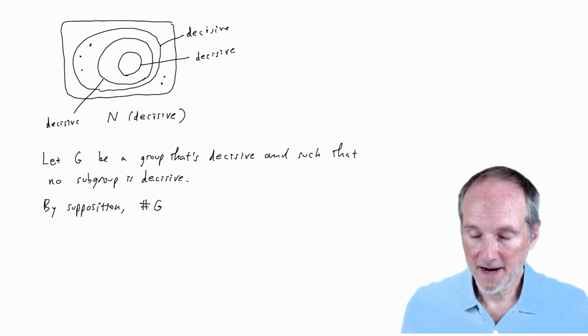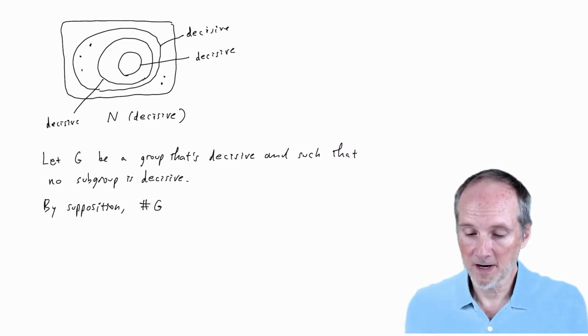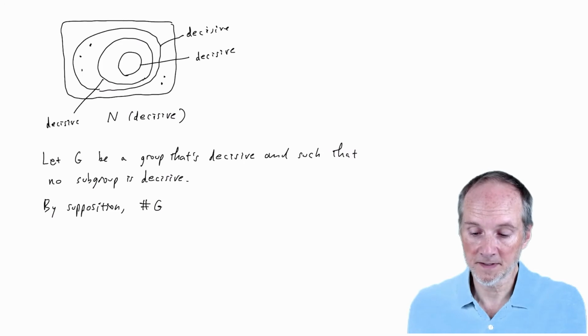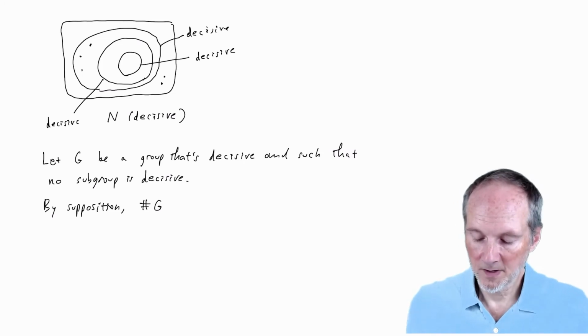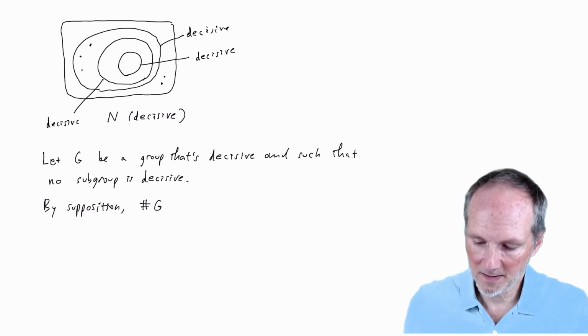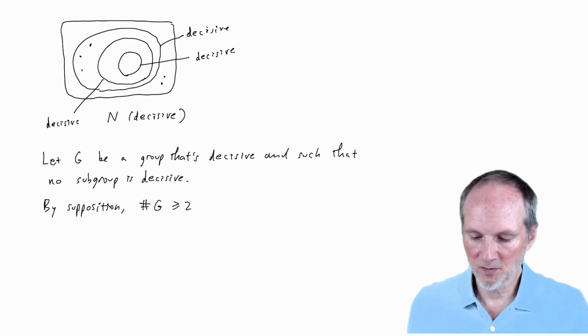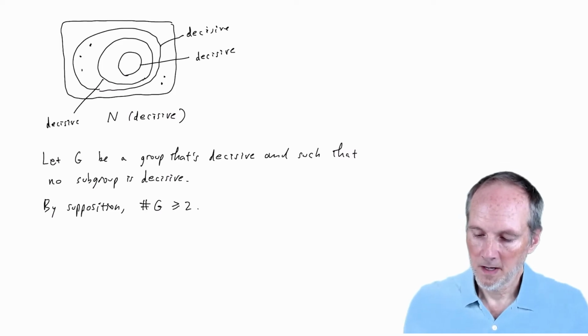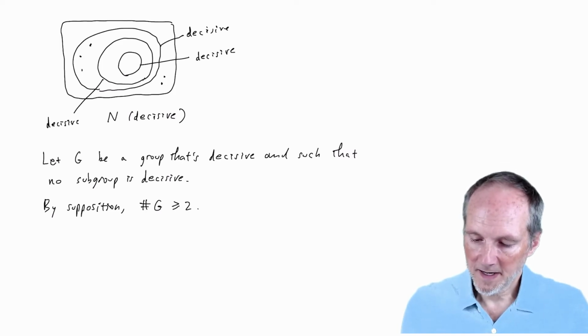G does not have just one member, right? We're supposing there is no singleton decisive group. We know it has to have at least one member, but it can't have exactly one. That means it has two or more members. Okay. So that means that we can